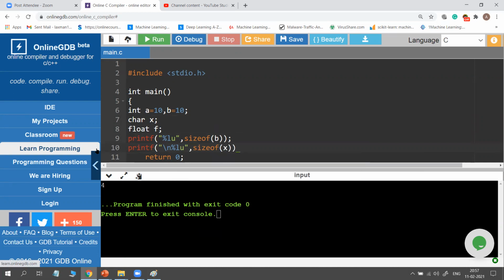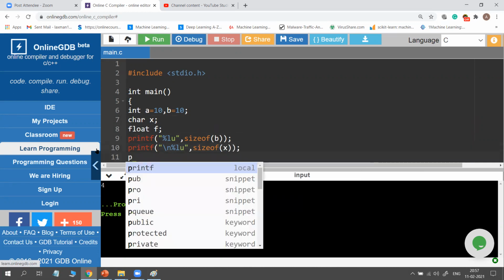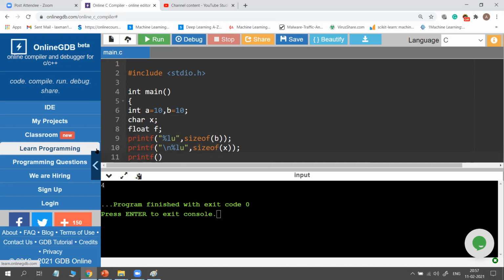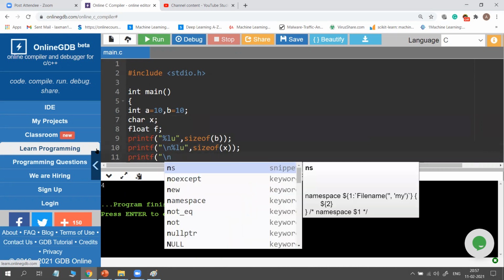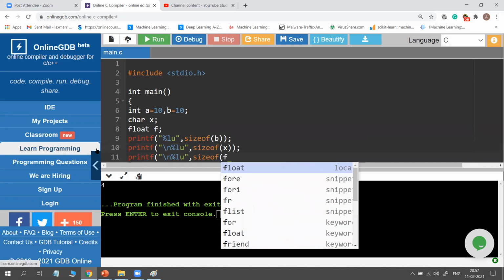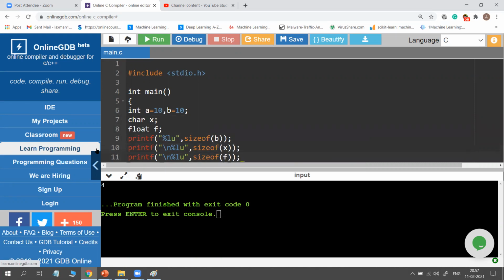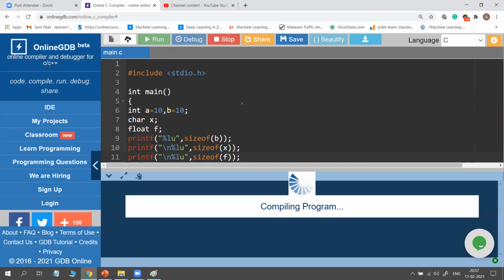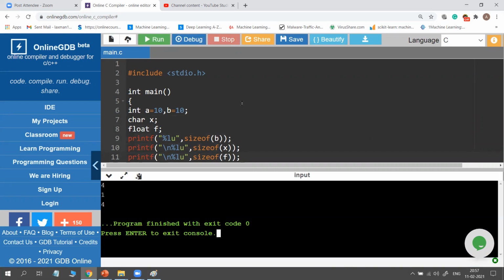Similarly, printf, slash n, percentage lu, comma, sizeof the other variable, f. So now you will see how much memory is allocated. So the first one for integer is 4 bytes. Second one is character, 1 byte, and float, 4 bytes.